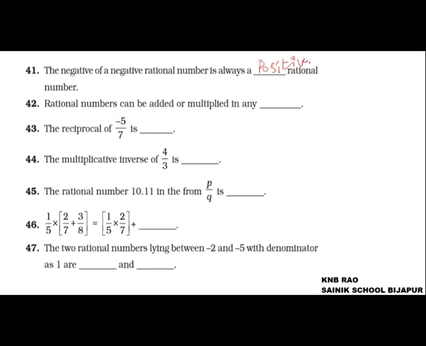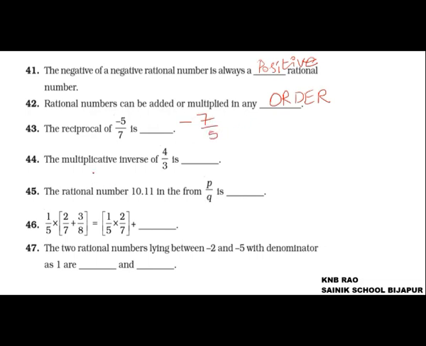That is what we just now saw. Negative of negative rational number is positive. Rational numbers can be added or multiplied in any order. They can be multiplied or they can be added in any order. The reciprocal of minus 5/7 is minus